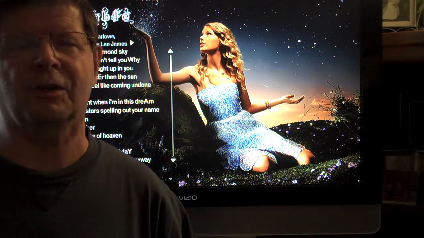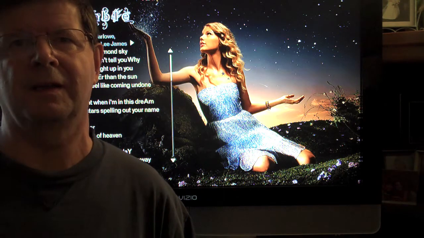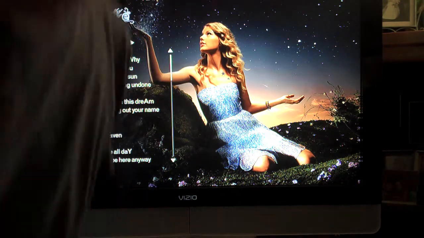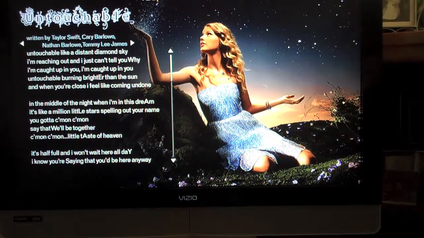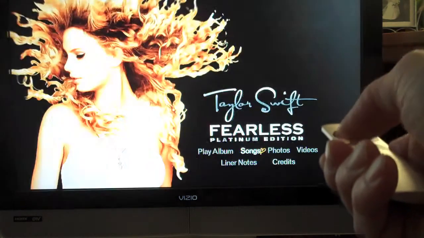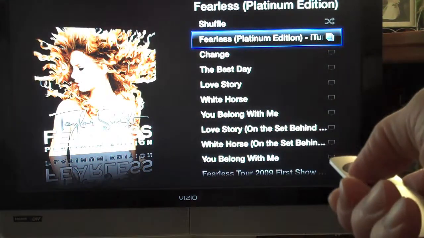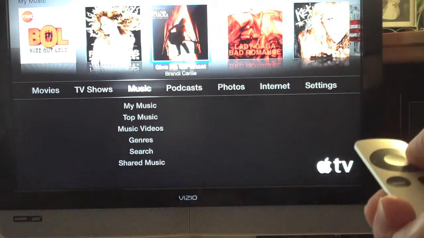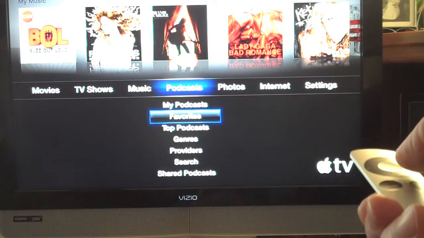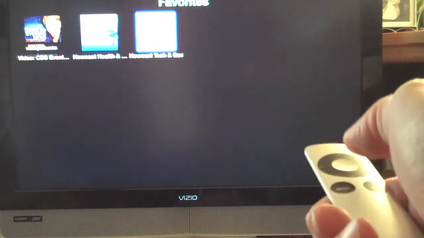Okay, here's a short tutorial on getting a podcast from Apple TV to the iPhone. First of all, you take your Apple TV and go to Podcasts. Backing out of a movie here. So we go to Podcasts, go to My Favorites. We'll go to the How to Tech podcasts,